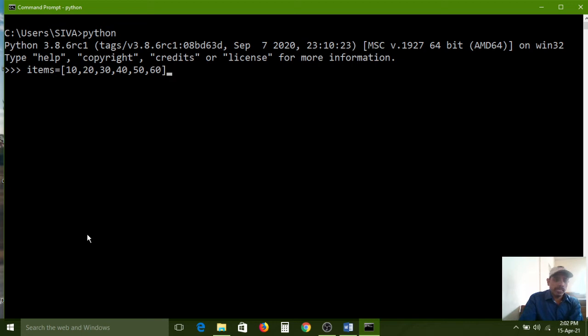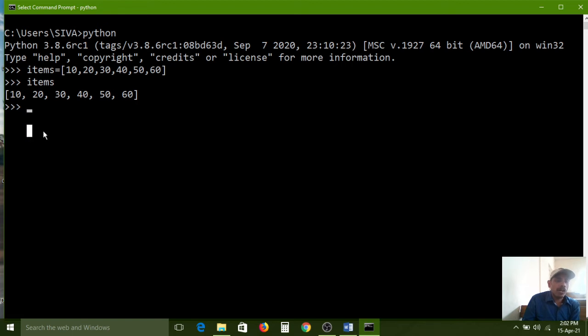So 6 elements I have created in the items list. Now, accessing lists. How do you access the list? Items, press enter key. If you want to print all the elements from the list, simply use the items variable and press enter key. Automatically all the elements the list contains will print on the screen.